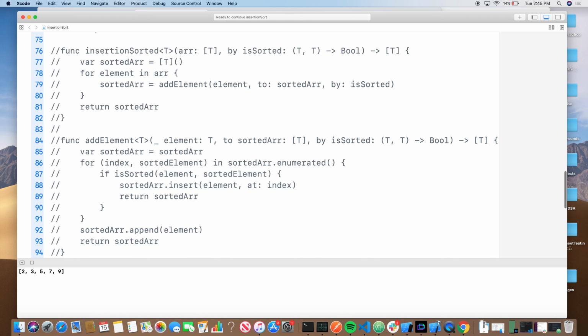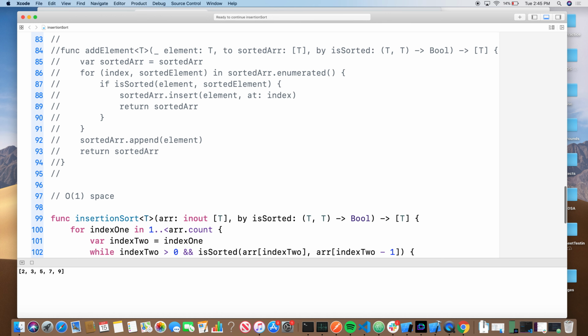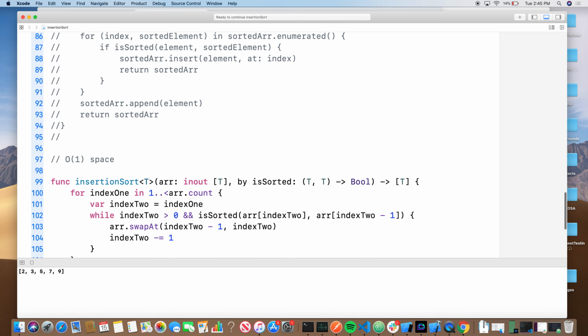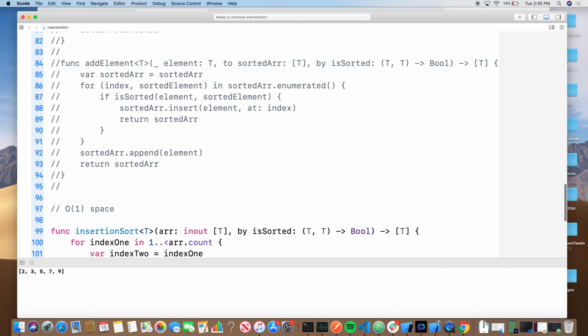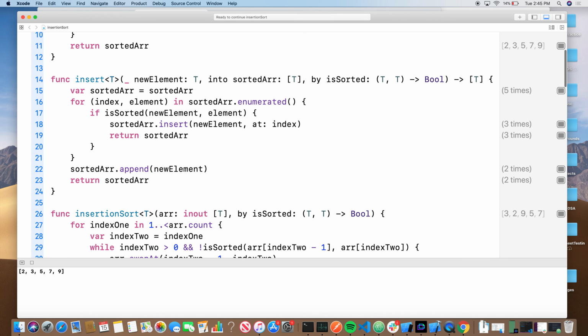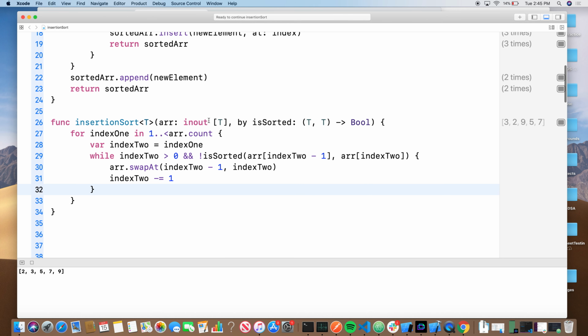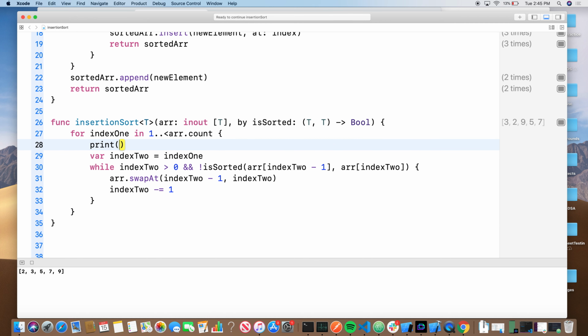Once we've done all that, that's actually it, right? I guess we could, why is this return array? Yes, once we've done that, we're done. We've sorted this array. Seems a little bit weird. Let's put some print statements and actually look at what is happening when we try to run this algorithm. So every time we run this here, let's have it tell us what is the value of index 1. Index 1 is equal to,